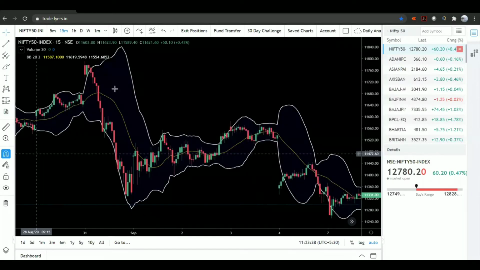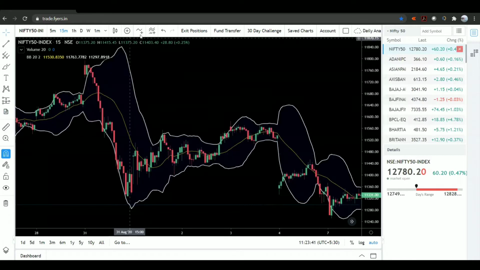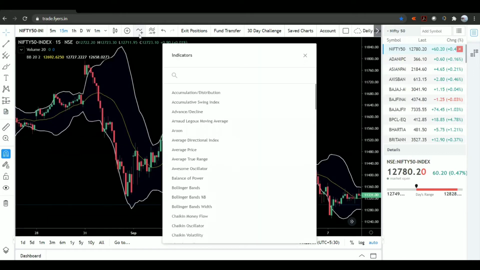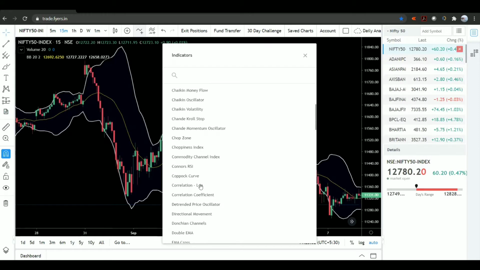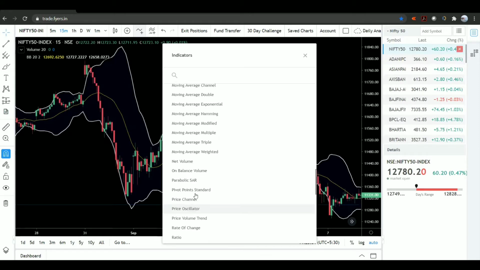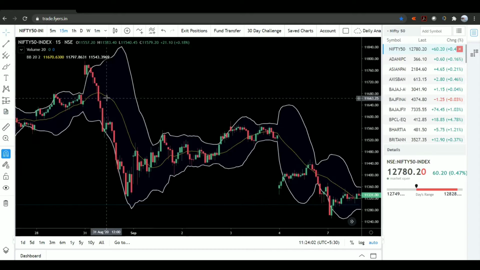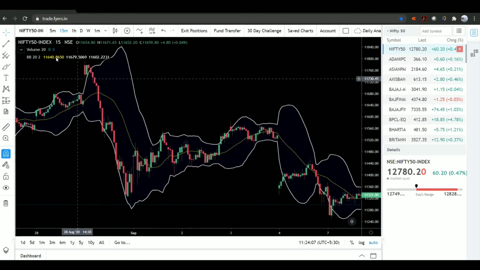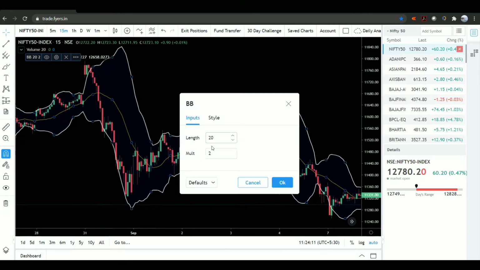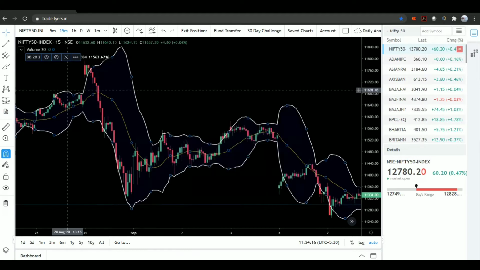Okay, now if you see, I have already applied an indicator, that is Bollinger Band. Every broker or every trading tool will have this available here. There are all kinds of indicators available, RSI and moving average and many things. Everything is useful if we know how to use it. Why I am choosing Bollinger Band is that it is very simple to understand, and anyone can easily trade based on this. This is a Bollinger Band, and if you see the settings, it is the default setting, 20 length and multi is 2. So I'll make you understand what this is now.